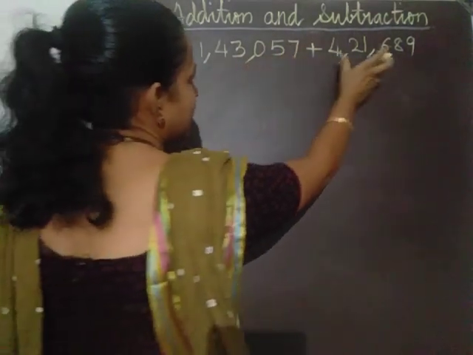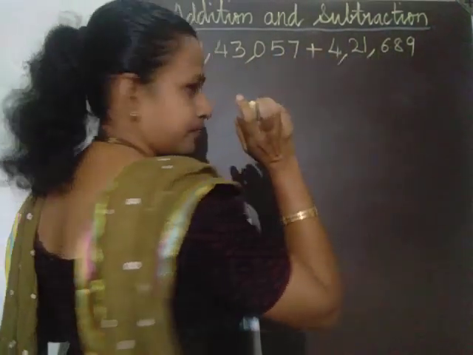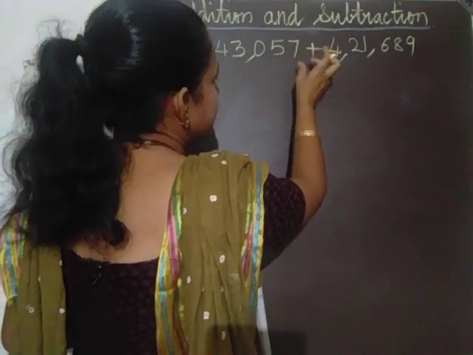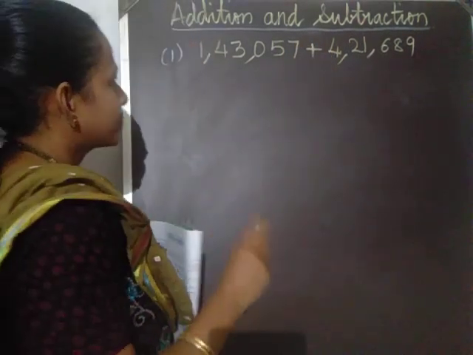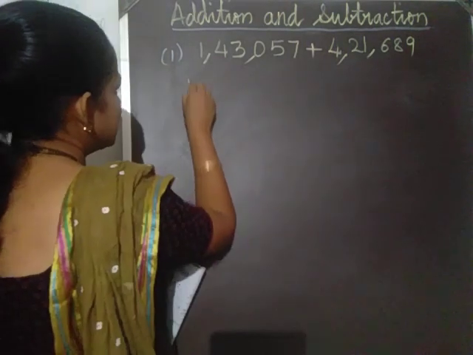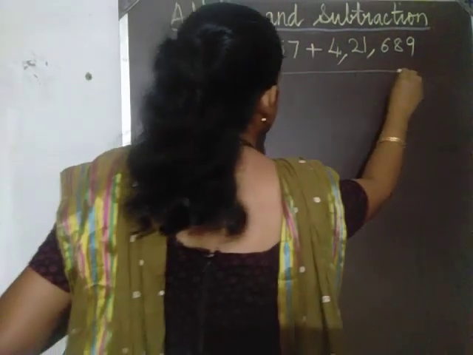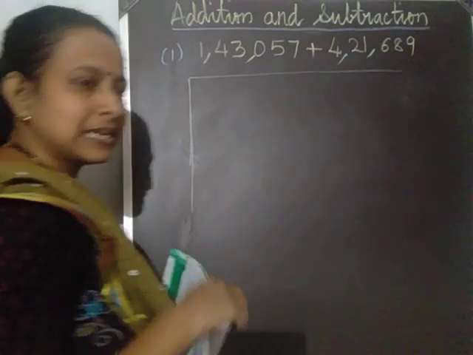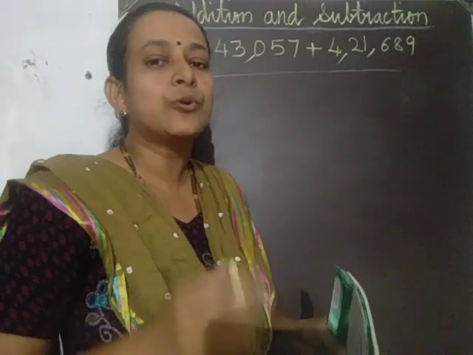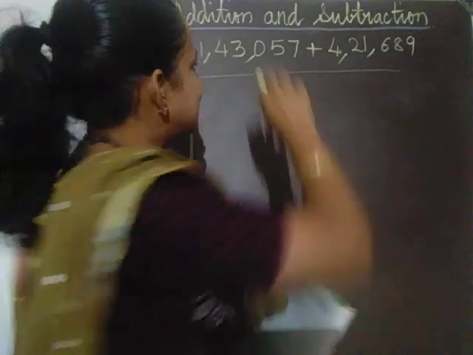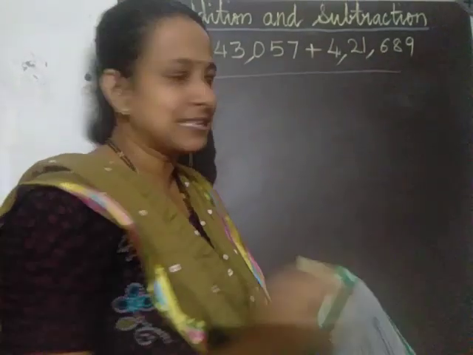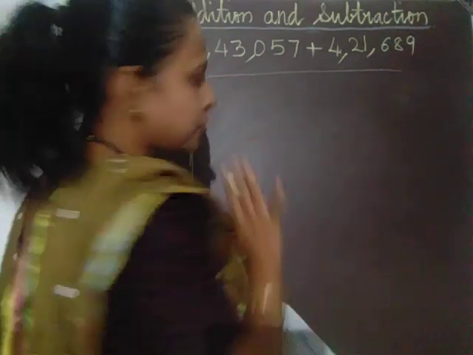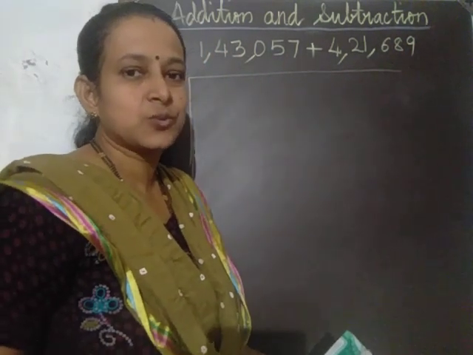Remember, whenever you are adding any number, you have to always place the digits according to their place name. So let me write first the place names of each one of them and try to add in the form of a box. Later on, once you know how to add these numbers, you can easily add directly, either vertically or even horizontally.